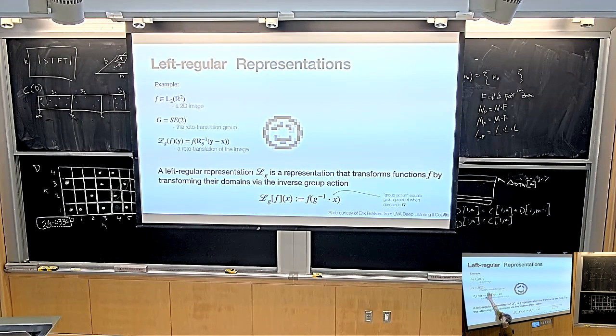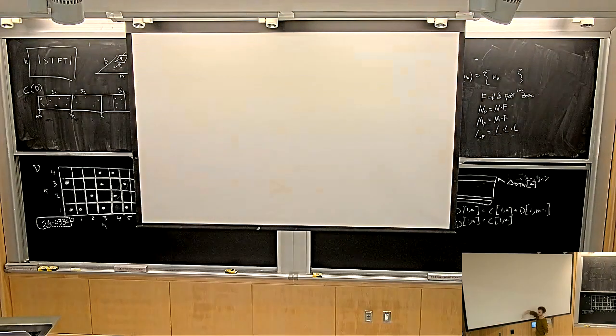Then we have our group, which might be rotations, or roto-translations. And now we want to formalize the idea of taking an element of my group and applying it to my function, so I rotate my image, for instance. And the formalism that people have introduced for that is called